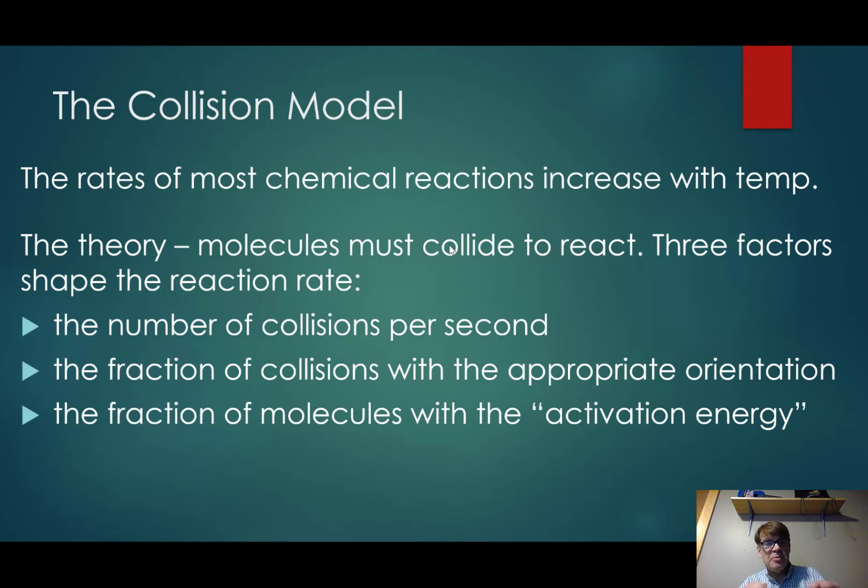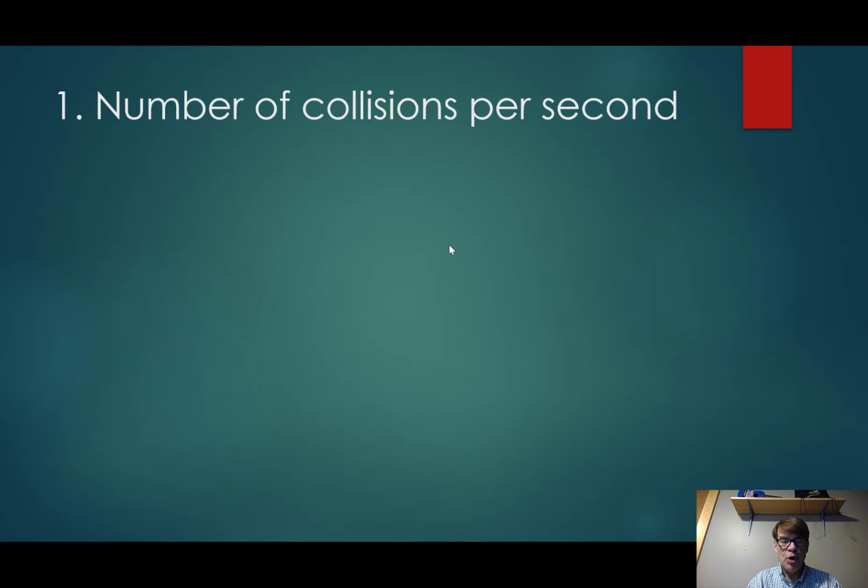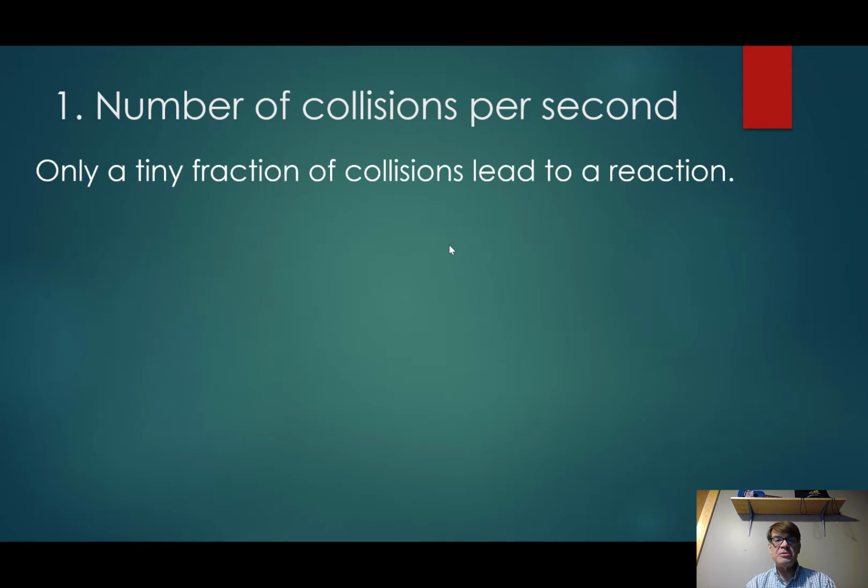The activation energy basically says it has to reach the right amount of energy or the reaction's not going to happen. So those are the three things that affect the rate of reaction: how many collisions are happening, what fraction of those are happening at the right orientation, and what fraction has the right activation energy for it to happen. Okay, so first of all, the number of collisions per second. This is pretty obvious,